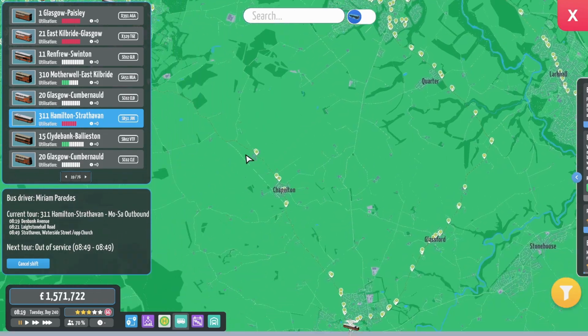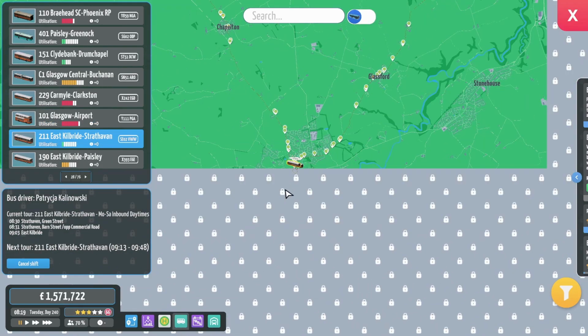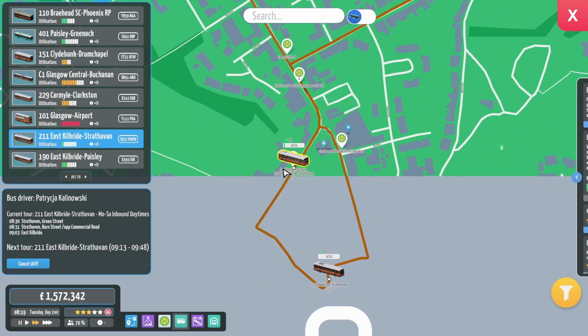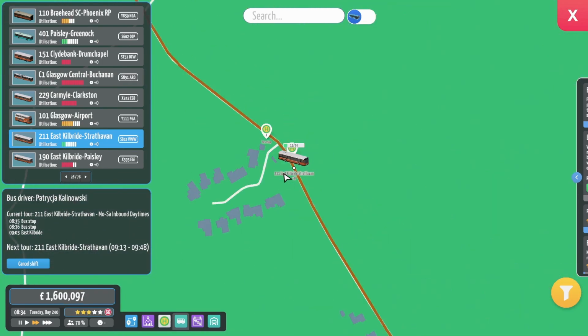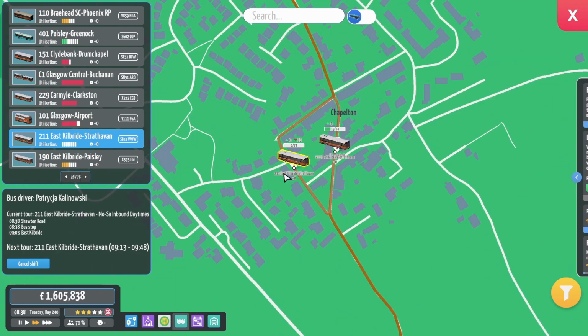I believe it will. But yeah, that's the 311. The 211, we've not touched the 211 since we put it in, so let's give the 211 a spin, why don't we? And I do need to expand the map. When I expand it south, I'll be able to put in some very special routes that I'm going to create a very nice livery brand for, involving the Citaro. And we do have some spare Citaros at OA,